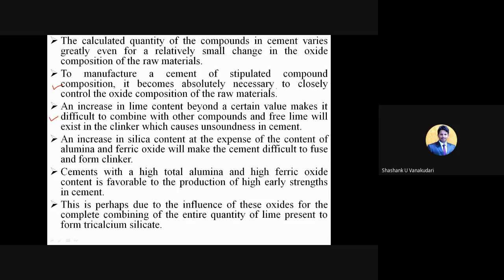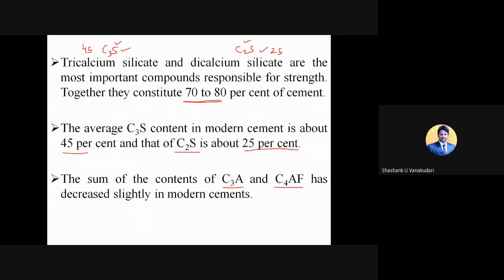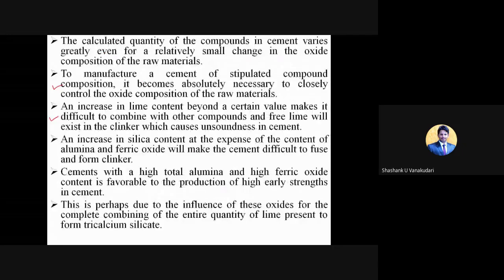As I said in the previous slide, in the earlier days they used this with 50 to 60%, and now they have increased the content up to 70 to 80% in modern cement. Maybe you can ask, sir, can we add 90 to 100 so that we can get larger strength? The main reason against adding above the limit is the increase in the lime content beyond certain values. Maybe you have exceeded the content of lime, that is calcium oxide.